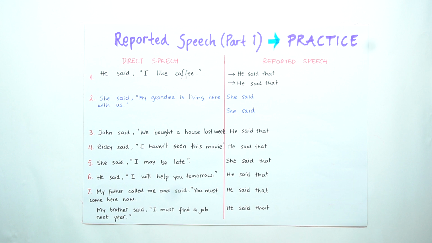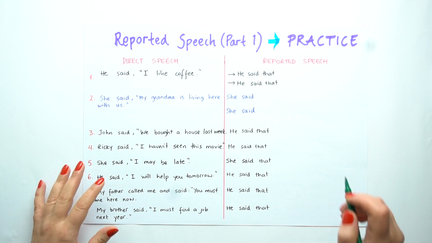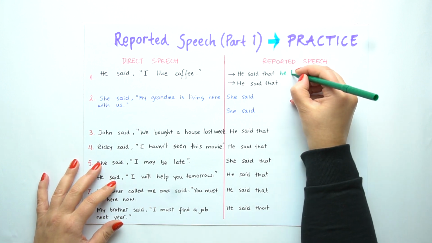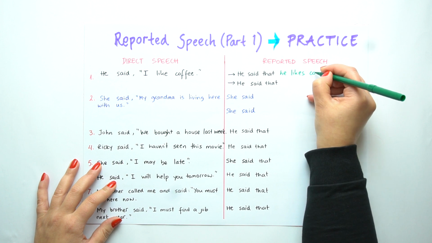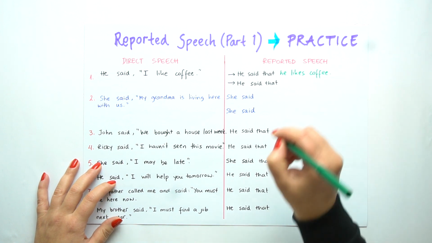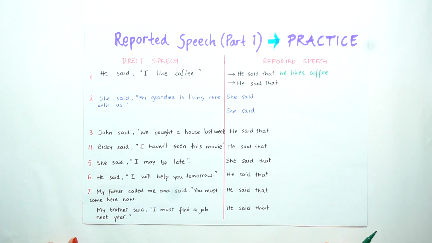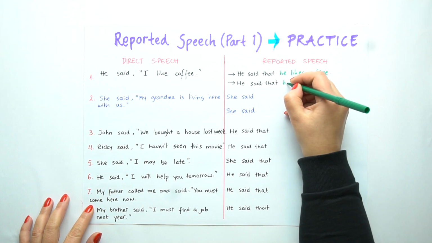Remember, we said that backshift is optional in some sentences. Look at the first one. He said, I like coffee. Does he still like coffee? Yes. So do I really need to use backshift? Well, it is optional. He said that he likes coffee. Or, as you may remember, present simple becomes past simple. So we can also use it like that. He said that he